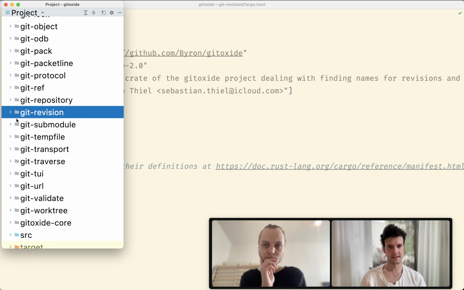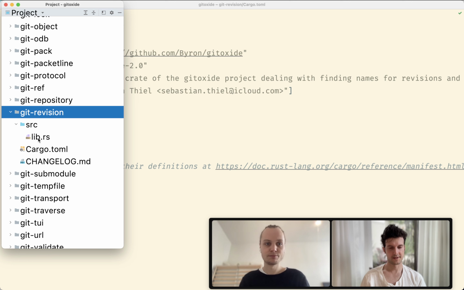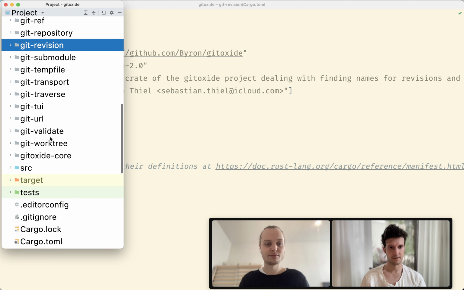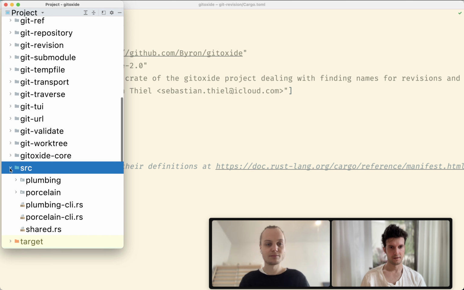But you can also do this as a module, right? Like we can just have a bunch of modules here. We could have top level source, and then a bunch of library related modules, and you just pull in everything. And you could reorganize this, and Git Oxide becomes one very big library that also has binaries and all kinds of things attached to it. But